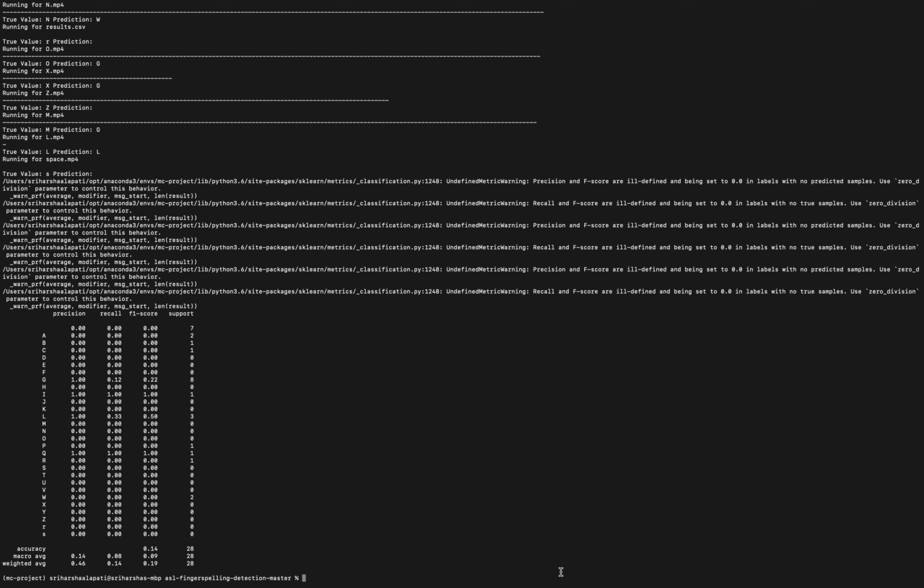And we have got an accuracy of 14%, and maybe we can increase it, because if we keep changing the box, the accuracy is increasing, so we can get that done.